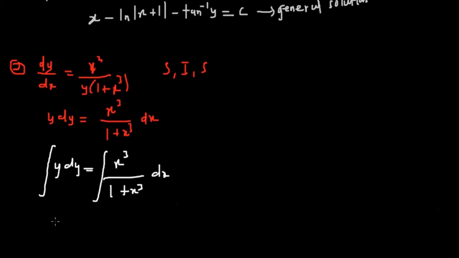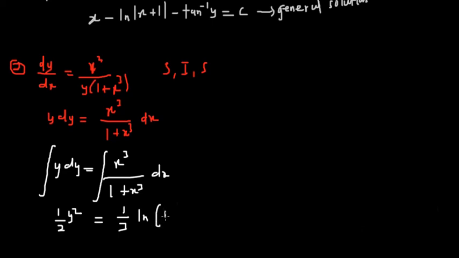When you integrate y, you get 1 on 2 y squared. Then you move on. When you integrate x cube on 1 plus x cube, you get 1 on 3 ln of, when you follow the trend, you can identify this simple trick